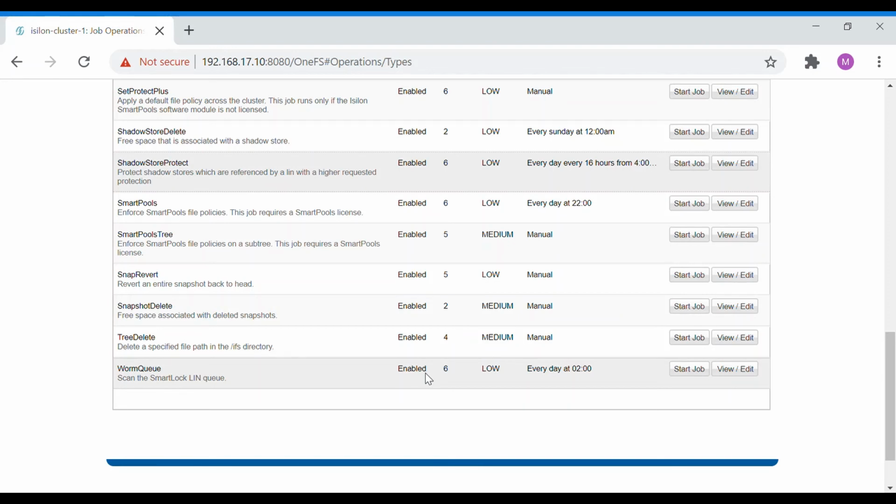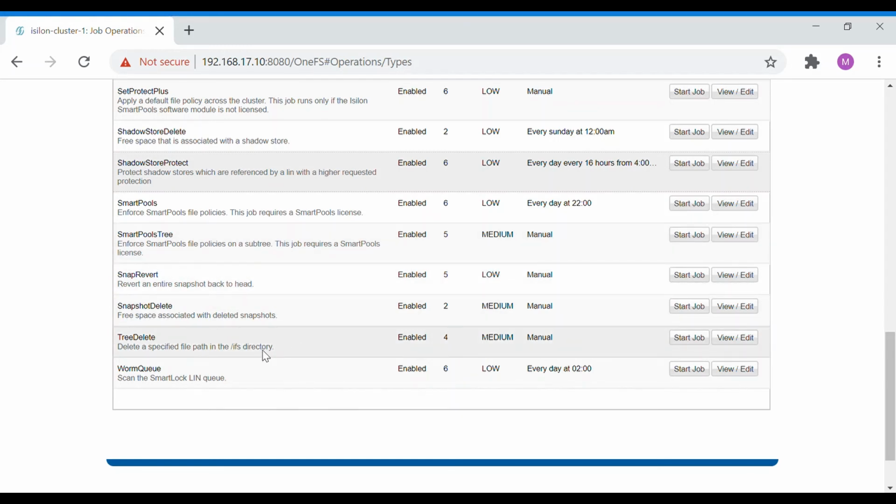So let's say you have given a snapshot expiry of 30 days, and when that 30th day has come, then that particular snapshot will be deleted and you will get space. So this has a priority of 2 and the impact policy as medium. As this deals with the data deletion, this has been given the high priority, and snap revert is given a priority of 5 and the impact level as low.